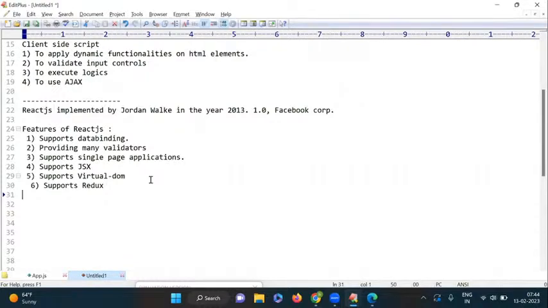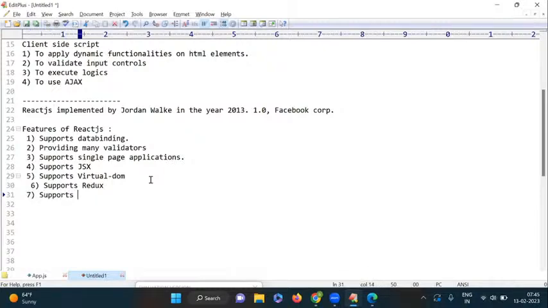application. Okay, Redux is providing more enhanced features than cookies, sessions and other objects. So we are also discussing local storage, session storage, and along with that, we are also discussing the Redux concept. I will explain what Redux is and what the benefit of Redux is. Okay. Next one here,